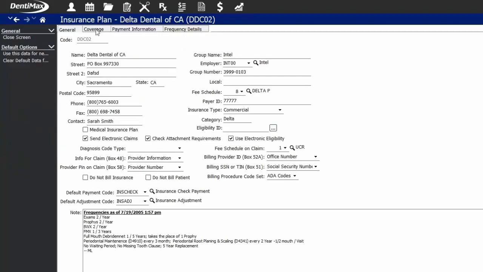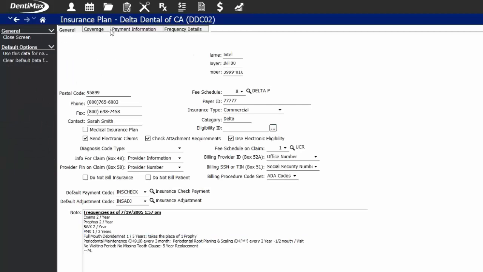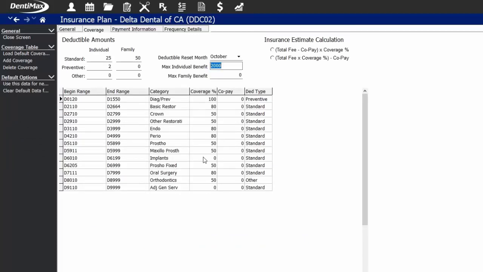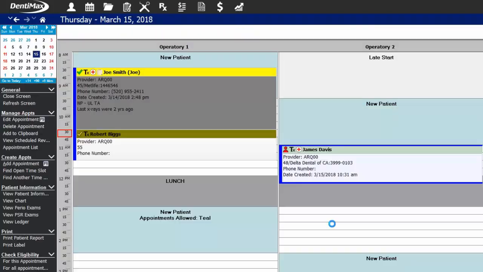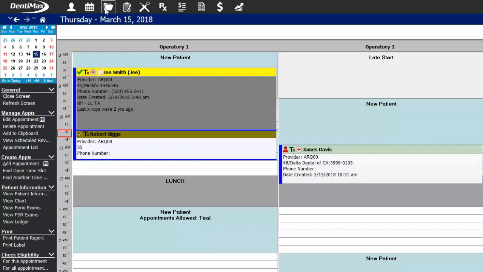and it'll open the full plan for me to review the insurance notes, the covered percentages, whether or not implants are a covered benefit, and the answer is no. And I know now how to phrase when I explain to the patient, you know, implants are your best option in this situation, but they're not covered by your insurance. However, we can offer a bridge, or I can get you the pricing for the implant as well. So it just helps you be a little more informed when you're talking about treatment options and what the possibilities are for the patient. I'm going to go ahead and switch back over to Robert Biggs and pull up his